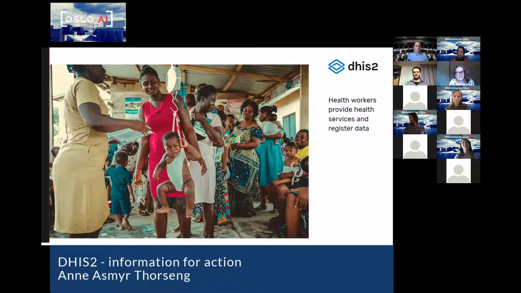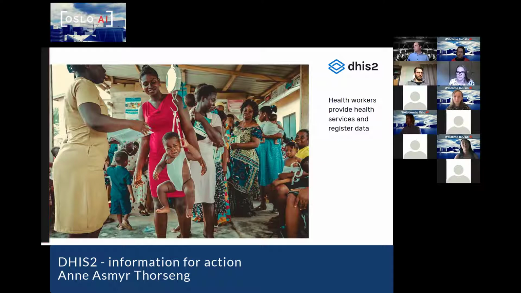But in many countries, the reality is that healthcare is provided quite close to the community. Mother-child health, outreach services, and treatment for malaria, tuberculosis, and HIV are provided quite close to the communities.